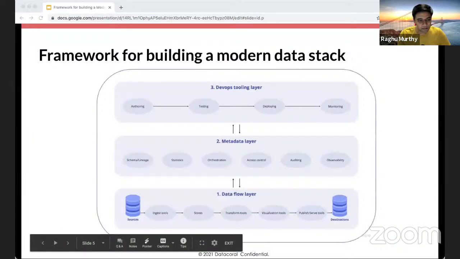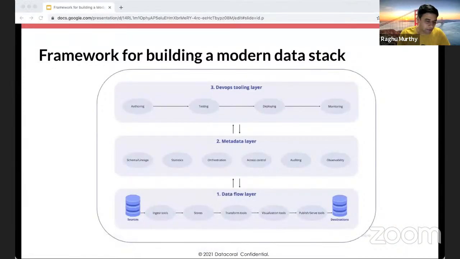And the framework, this is more of a theoretical or abstract framework, right? So there are no specific tools listed here, deliberately so, because trying to fit all the tools into this 3-layer stack is actually almost like an exercise in futility, because a lot of the tools themselves have not been built with this 3-layer framework. So the reason for us to talk about it now is to essentially start a conversation, right? And see if this makes sense,